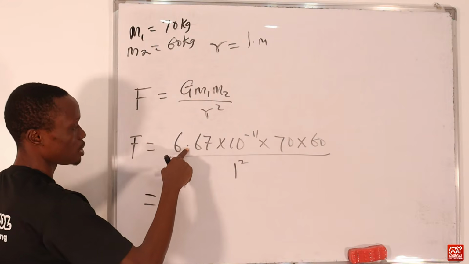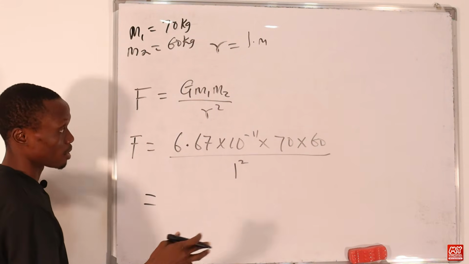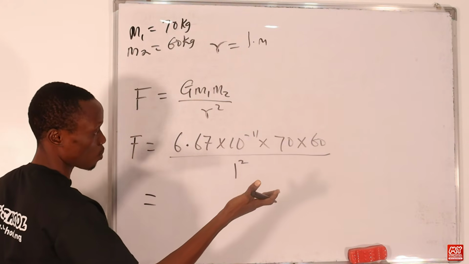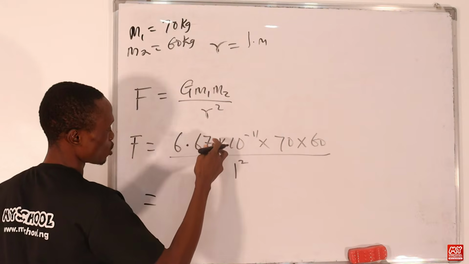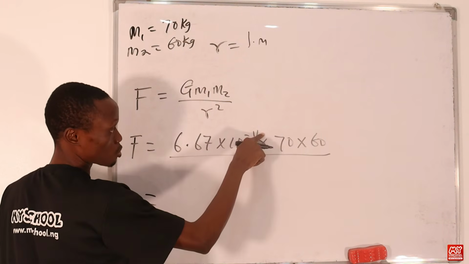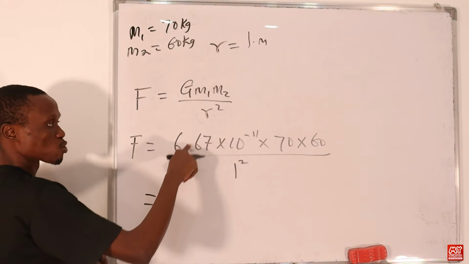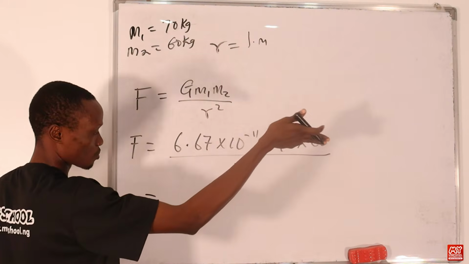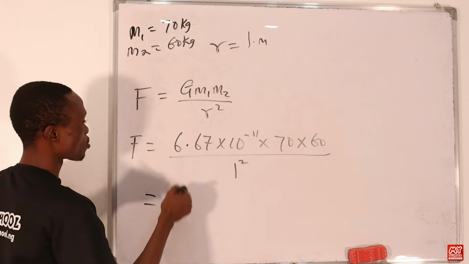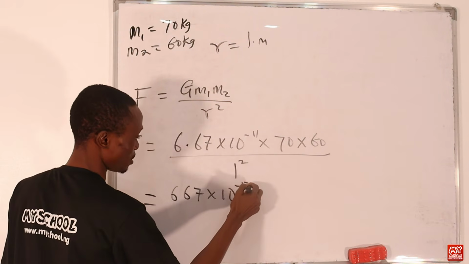Okay, so now this is what we do. First of all, we are going to eliminate this decimal point so that we can multiply without any difficulties. So to eliminate this decimal point, we just move it 2 times to our right. Since we moved the decimal point 2 times, we are going to subtract 2 from the power. Now remember that if you are moving the decimal point from your left to your right, you are going to subtract from the power. But if you are moving from your right to your left, then you are going to add to the power. So in this case, we are having 667 times 10 raised to power minus 13,